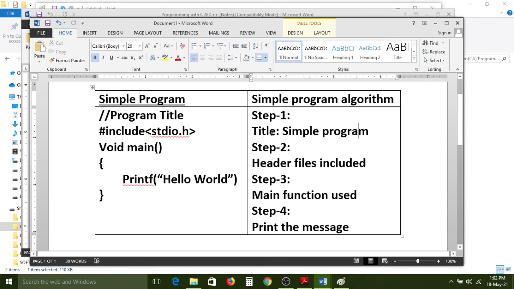If you give the actual code, they cannot understand. So that's why we use simple English words step by step for algorithm creation. By reading each and every step, the client can understand. This is the designing process. They will develop step by step, so for that they need to approve this project. Like that they can understand.